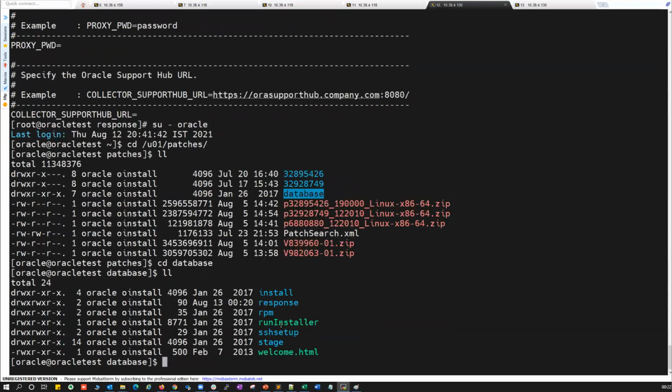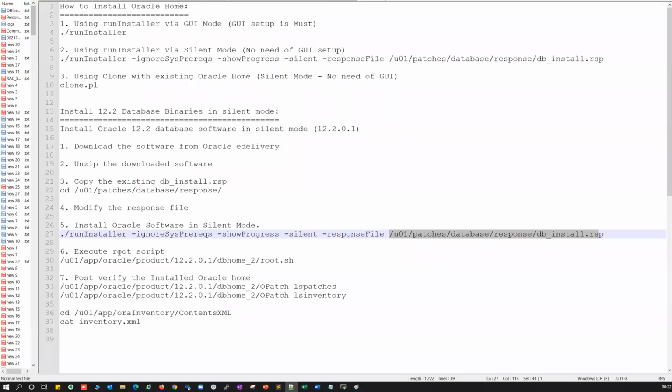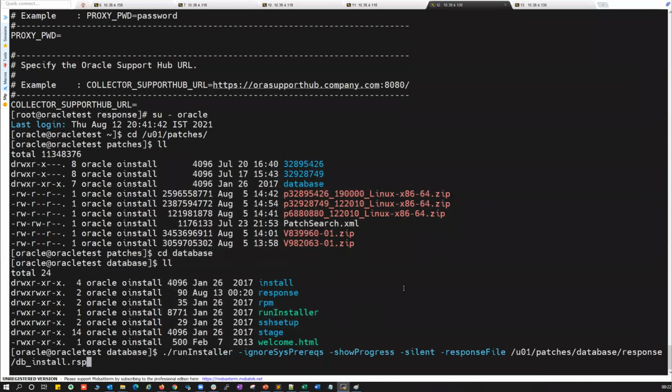Done. So this is my runInstaller. The command is runInstaller, ignorePrereq, showProgress, silent, the response file, and that's pretty much it. I'll copy this one, minimize, and run it.